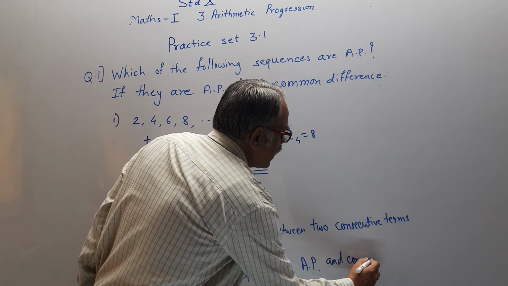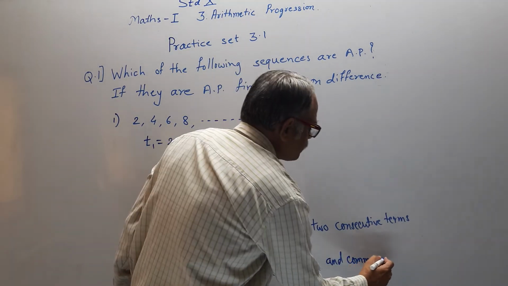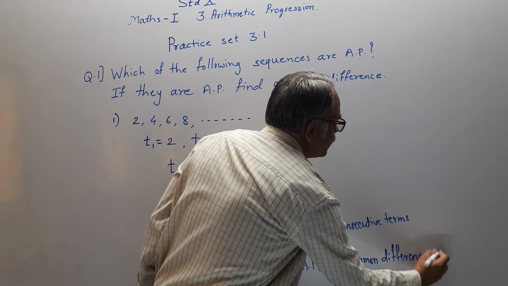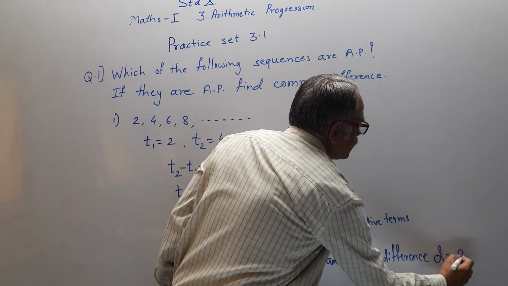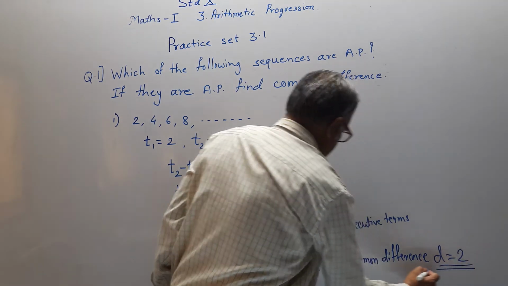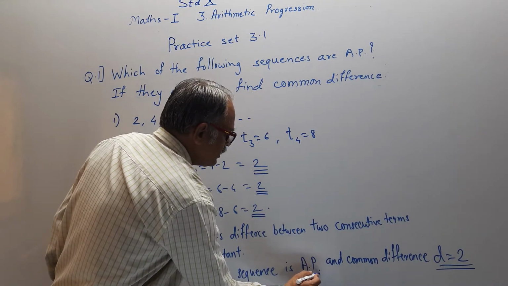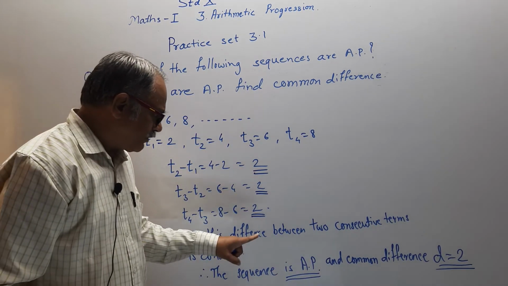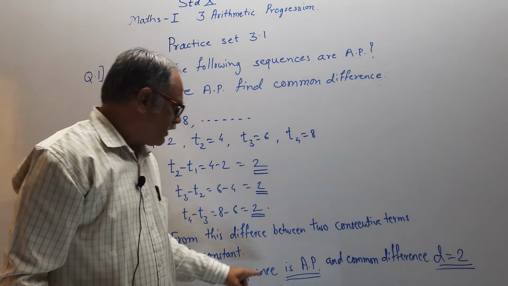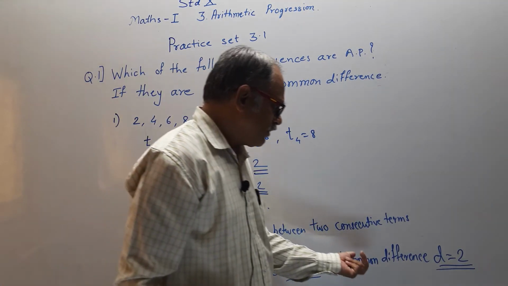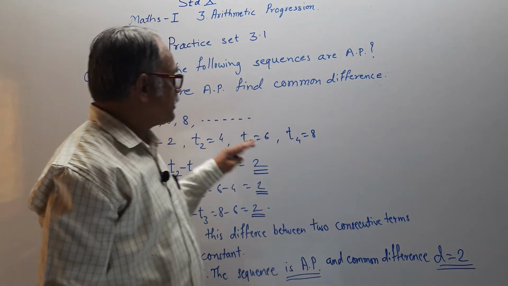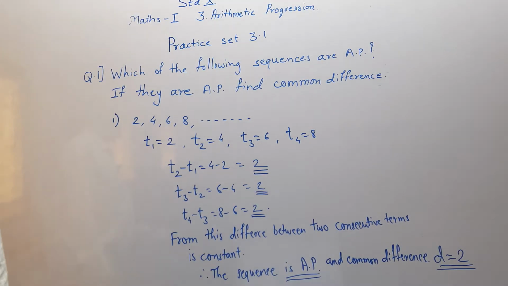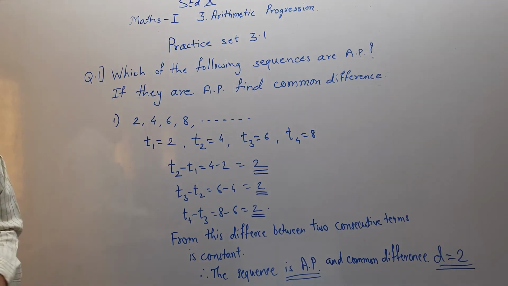Common difference is asked. If it is AP, then write the common difference. Common difference is generally denoted by D. So what is D in this case? Equal to 2. These are the two questions: Is it AP? If the common difference is not the same, then you have to write that the difference is not common, therefore it is not AP. If it is not AP, then the common difference cannot be written. So this is the first sub question from the first question. Neatly observe.